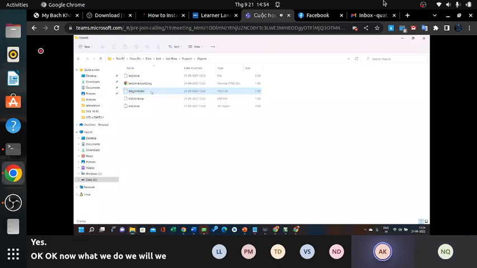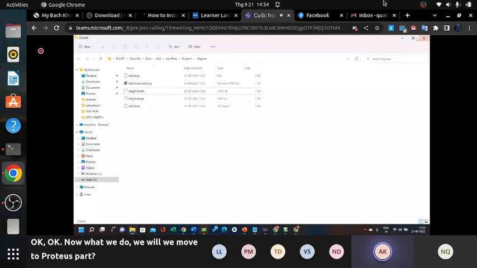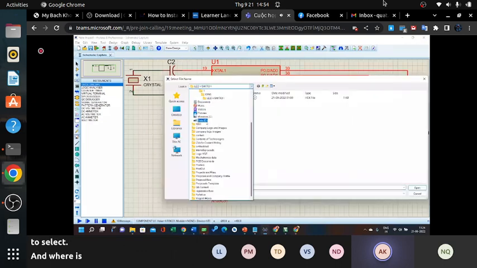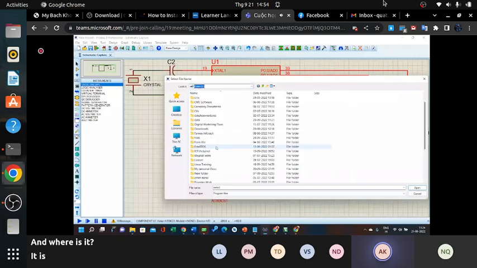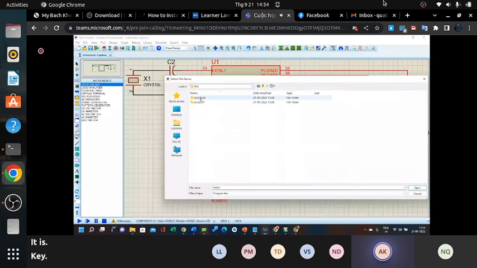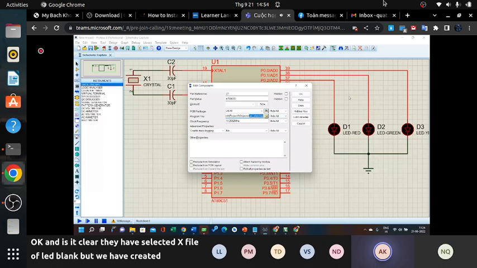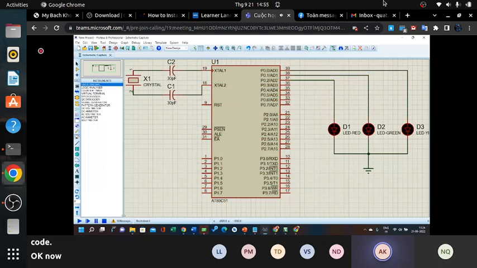Now we move to the Proteus part. Here we just need to select the LED blink project, its objects, and the hex file. We have selected the hex file of LED blink that we created from the code. Now if we want to run it,